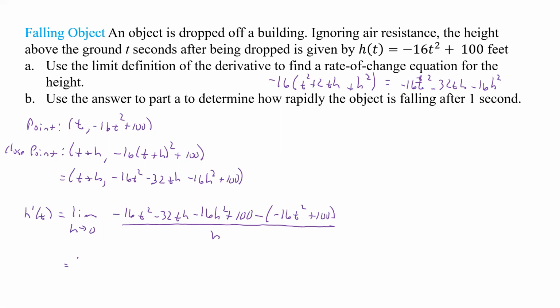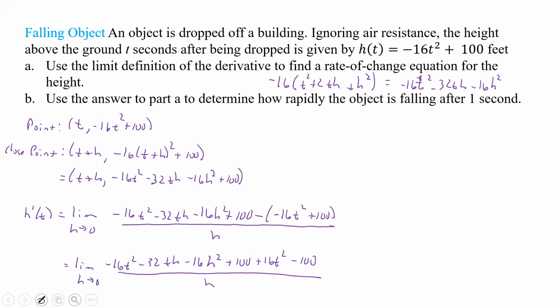Okay. Well, that gives us the limit as h goes to 0 of negative 16t squared minus 32th minus 16h squared plus 100, then plus 16t squared minus 100